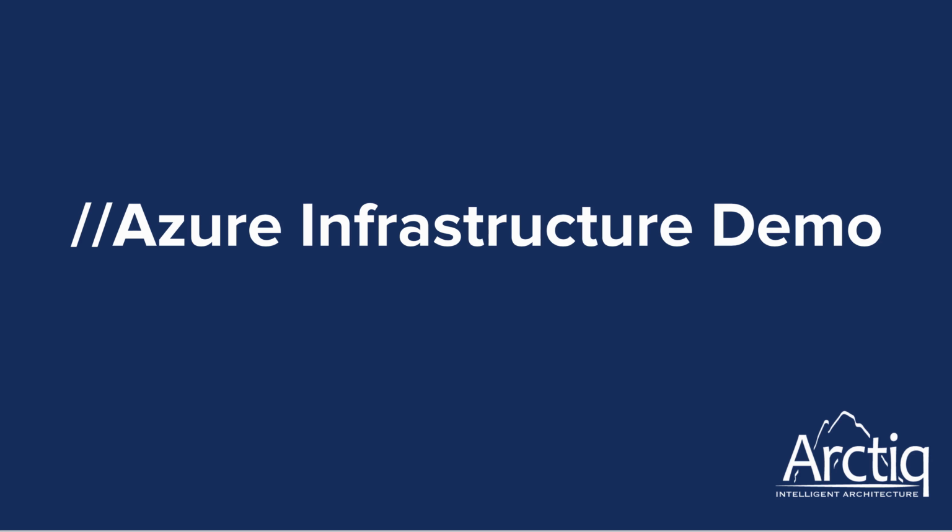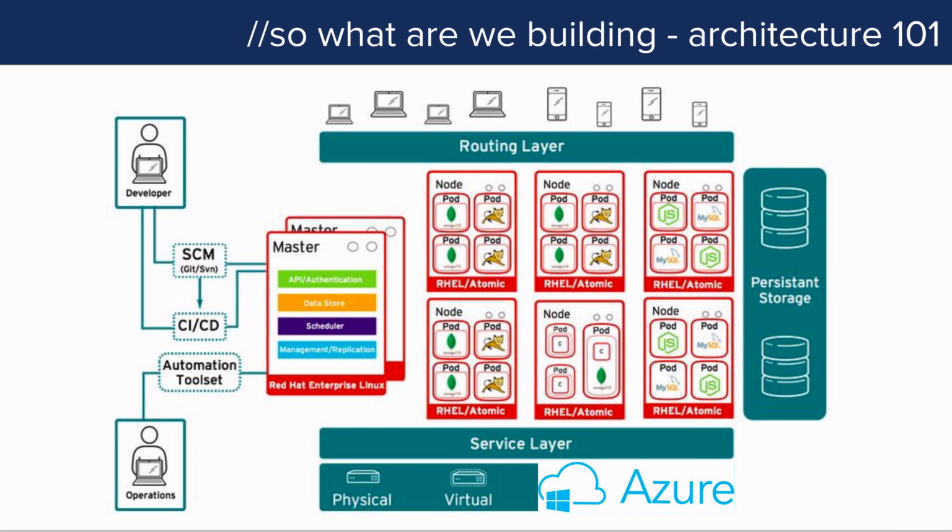So we're going to dive into the Azure infrastructure demo, and what we're going to do is provision a fairly large environment, and this is really what we're provisioning. This is a high-level architecture view of OpenShift. It contains a bunch of virtual machines broken into masters. We've got infrastructure nodes, we've got application nodes, we're leveraging persistent storage, we've got all the networking aspects to look